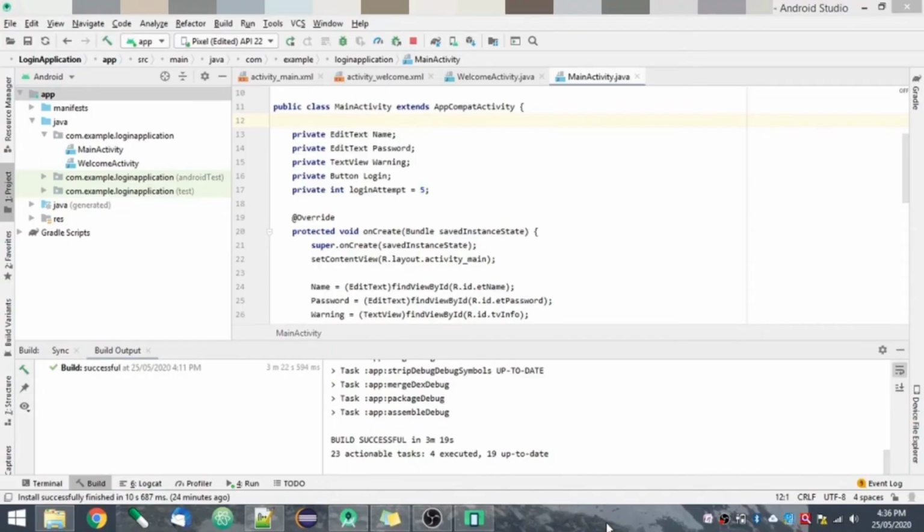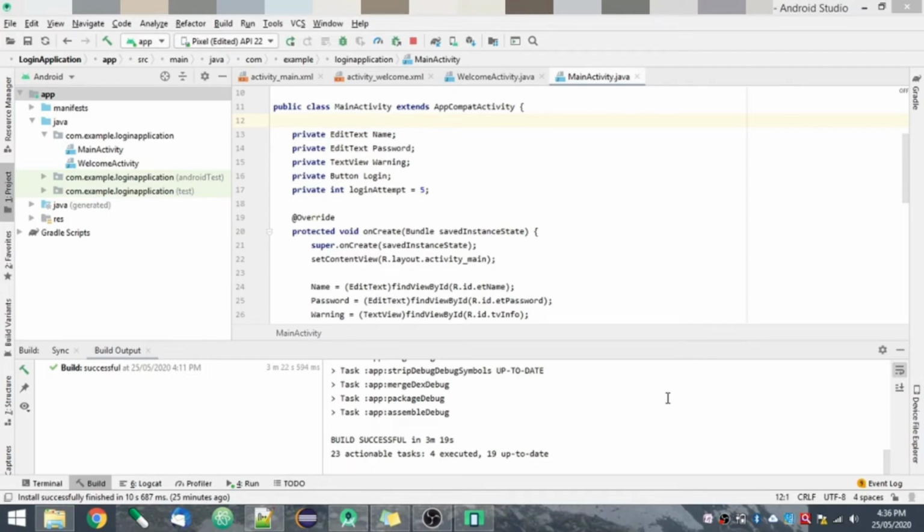So to give you an example, I'm going to create a login application. Everyone can create a login application as a beginner if you follow the steps provided in this video. To begin, as I have already told you in my previous video, you just have to launch your Android Studio, click on start new Android project, select a layout. You can select an empty activity and then proceed.